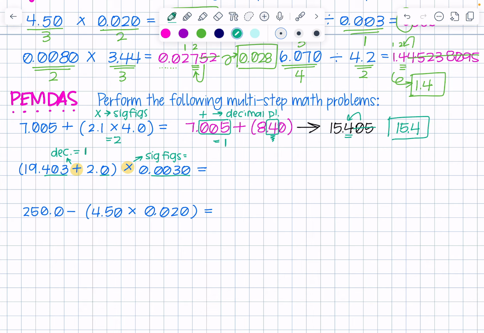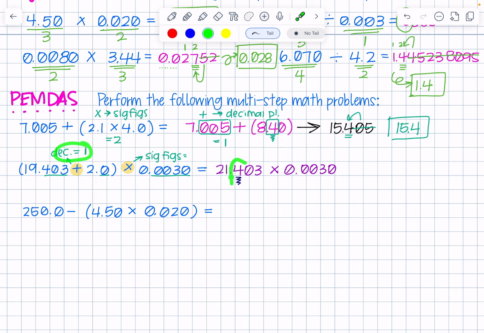Okay, so parentheses first, 19.403 plus 2.0 gives me 21.403 times 0.0030. All right, so if I was rounding to the number of decimal places, that would be here, because I should have 1 decimal place, right? So that's the 4. All right. If I did that,